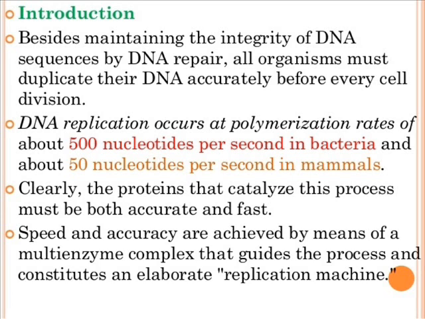Besides maintaining the integrity of DNA sequences by DNA repair, all organisms must duplicate their DNA accurately before every cell division. DNA replication occurs at polymerization rates of about 500 nucleotides per second in case of bacteria and about 50 nucleotides per second in case of mammals. Proteins catalyze this particular process. Speed and accuracy are achieved by means of a multi-enzyme complex that guides the process and constitutes an elaborate replication